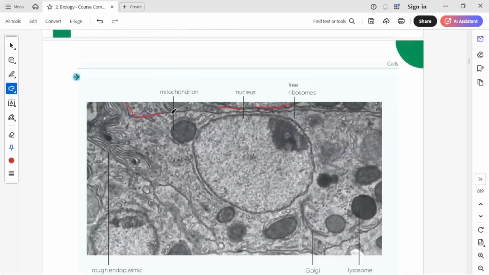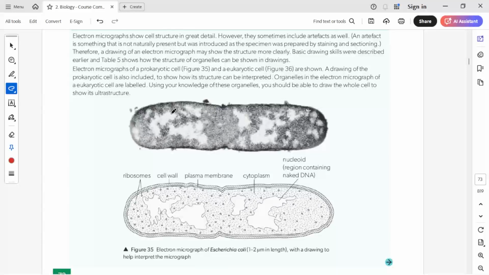So students, that is all for this session, and I hope the topic is clear to all of you. Here one more picture is given, of E. coli structure. This is a prokaryotic cell. Here we can see the nucleoid region containing naked DNA. Nucleoid means the DNA is collected at one place, and the cytoplasm will have freely suspended ribosomes and other proteins and enzymes. This is the cell wall on the outer side. Inside the cell wall is the plasma membrane, and the structure is filled with the cytoplasm, the fluid mainly present inside living cells.